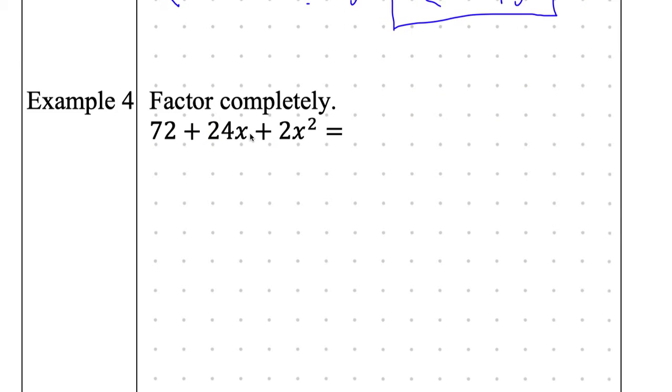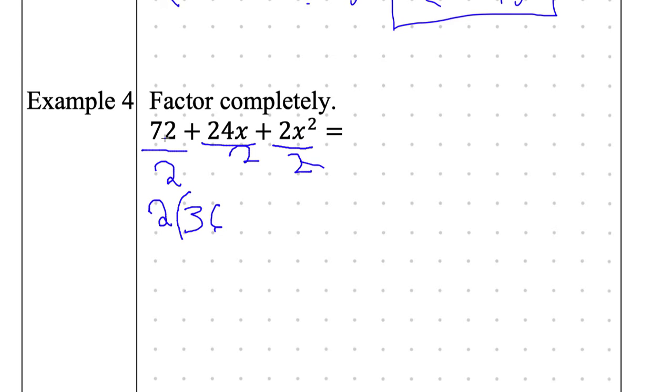So, first we need to take the GCF, which would be 2. And then that would mean you have 2, and in the parentheses you have